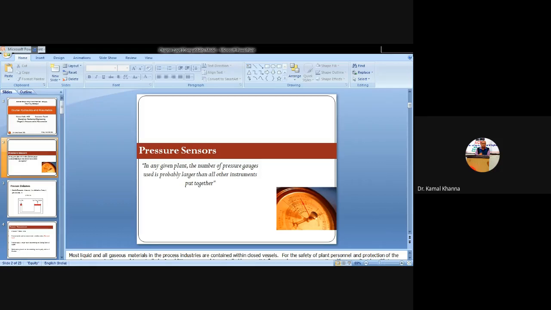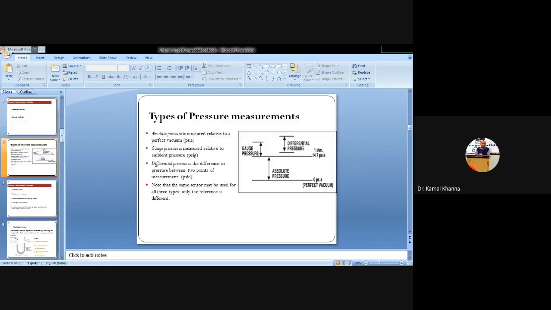So there are some different terms related to pressure. We will study them one by one. There are different types of pressures, which are measured with the help of different types of gauges, and these are the types of pressure measurements. The first one is atmospheric pressure, second is gauge pressure, then we have vacuum pressure, then absolute pressure, and last but not least, differential pressure.